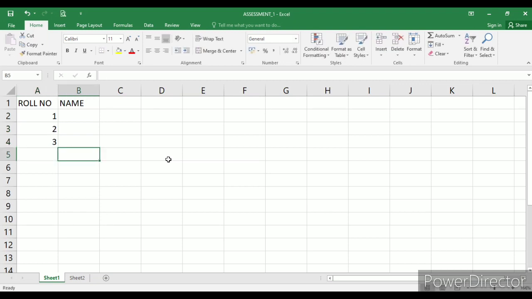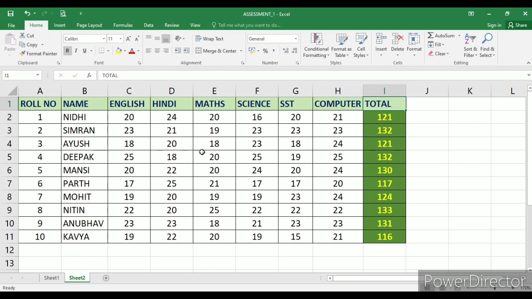To enter the name, just click on the cell and then enter the name. Suppose I enter the name Aman, just like this, and now you can enter the marks. Suppose in English he scored 20 marks. Just like this you can enter the data. Now I enter the data in this sheet, and in this sheet I enter the marks of all 6 subjects scored by the students. To calculate the total of the students, you can enter the formula. Here is the formula bar and I enter the formula.